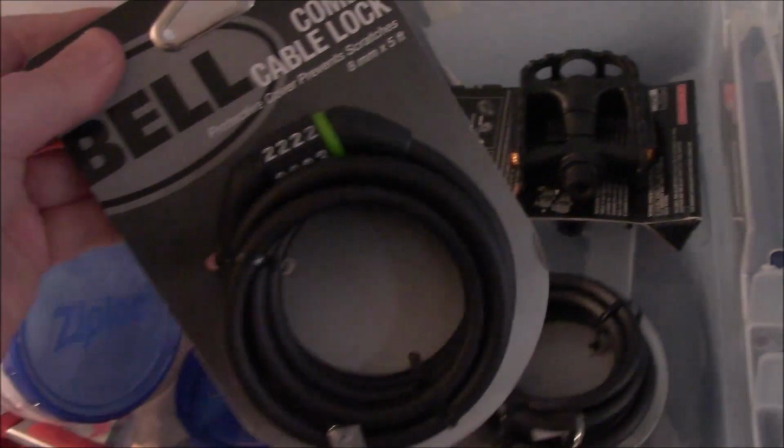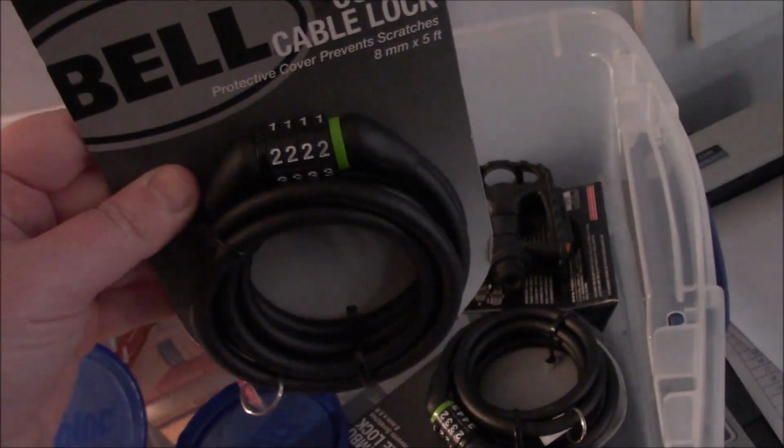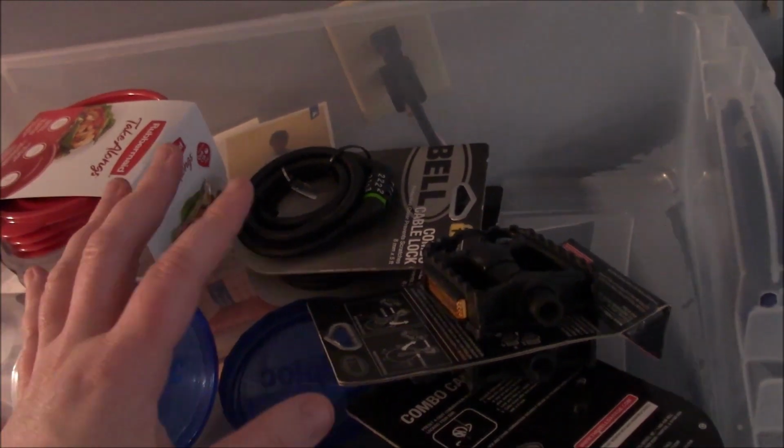These were on sale for $2. They were normally like $5.97 each. They were on sale for $2, and my kids have been actually asking for some of these, so I picked up 4 of those. There was an adult helmet that was really nice for